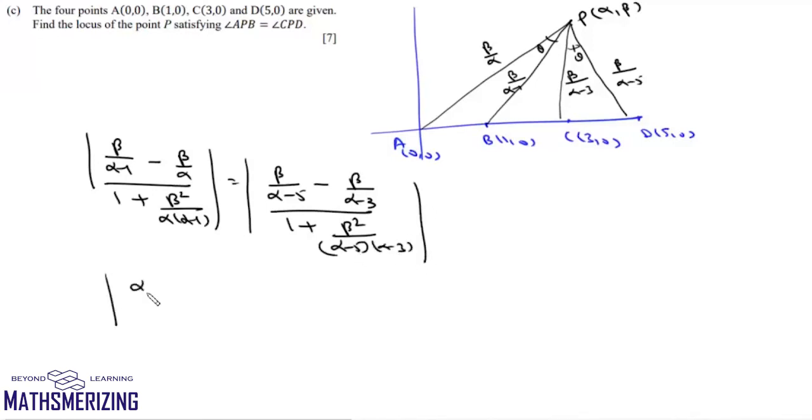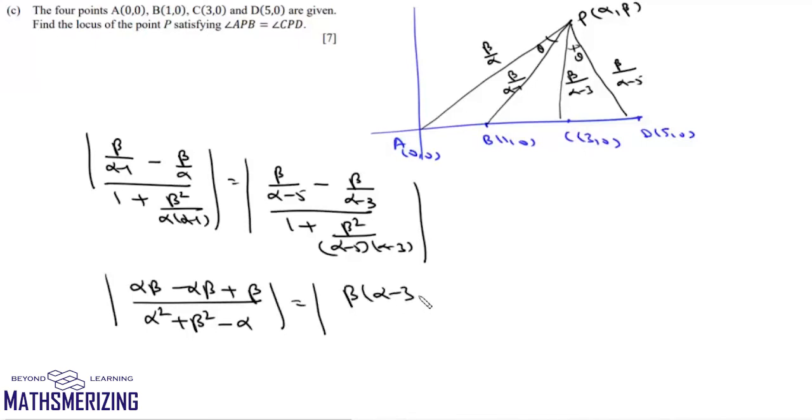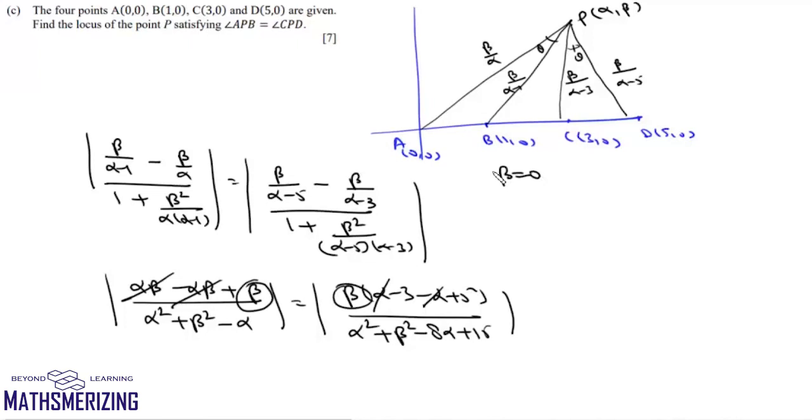So we can write this as alpha beta minus alpha beta plus beta upon alpha square plus beta square minus alpha, and here it will be beta into alpha minus 3 minus alpha plus 5, upon alpha square plus beta square minus 8 alpha plus 15. Now here alpha beta will cancel, here also alpha will cancel. Now here one solution that we will get is when the value of beta is 0, and the other solution will be